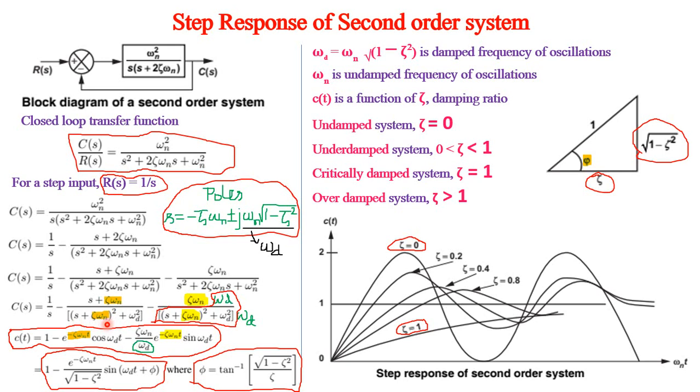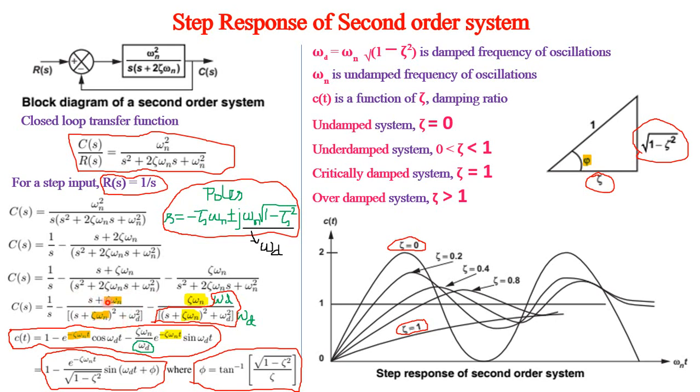So we have three terms, s square plus zeta square omega n square plus 2 zeta omega n s. Here we have omega n square minus zeta square omega n square. So that minus zeta square omega n square will cancel with this minus zeta square omega n square. Therefore, finally it will result in this. Therefore, there is nothing wrong in expressing this as this. And the purpose of writing it in this form is again to bring it to the standard form so that we can easily find the inverse Laplace transformation.